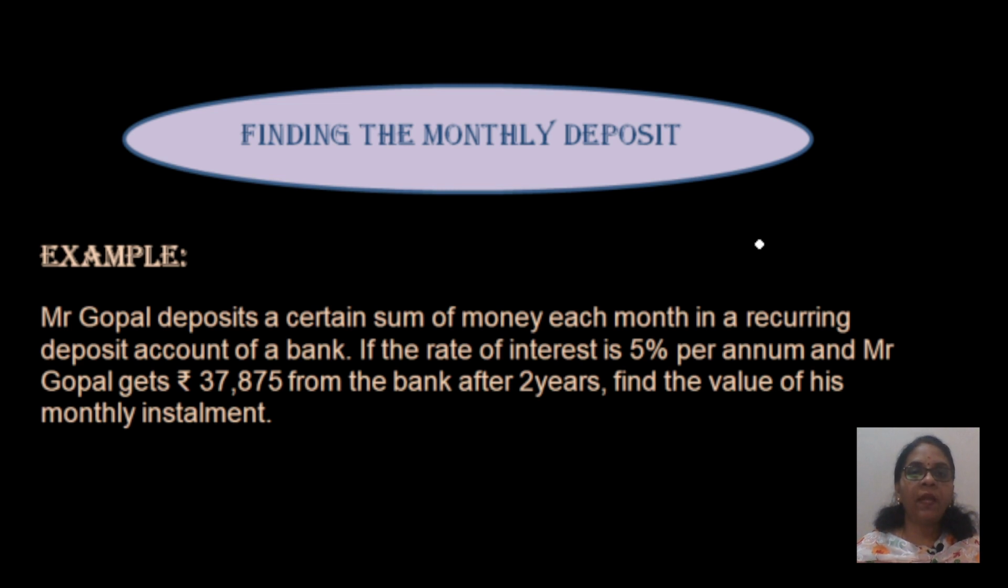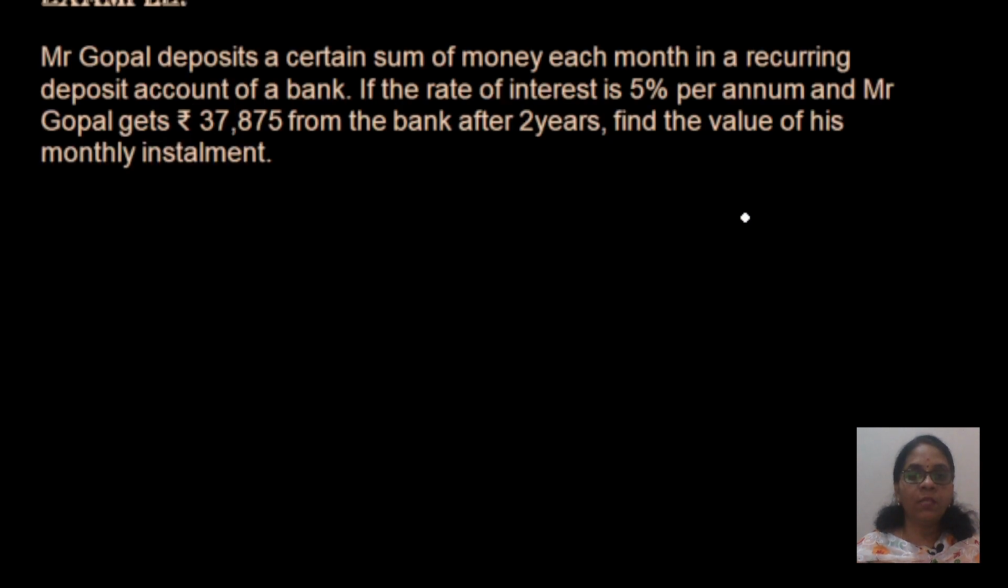Now, how do we find this monthly installment? Monthly installment means our principal. So, in this example, it is given that Mr. Gopal deposits a certain sum of money each month. So, we know that in an RD account, the principal should be deposited every single month. So, here P is the unknown,